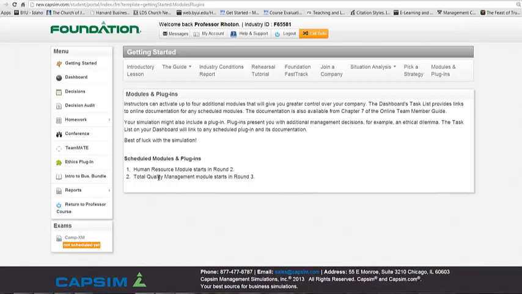You also have total quality management module that starts in round 3. This allows you to invest in initiatives that can pay off in the future. Initiatives like Six Sigma or just-in-time inventory management. Those type of initiatives can help you become more efficient and hopefully align with the strategy that you've picked. So that's a little bit of information. Actually, it's quite a bit of information that you need to go through and to understand